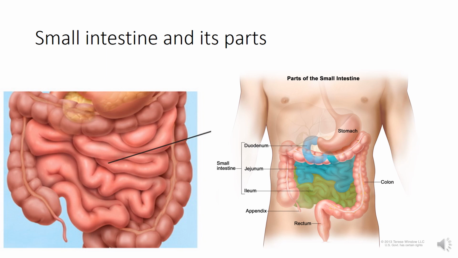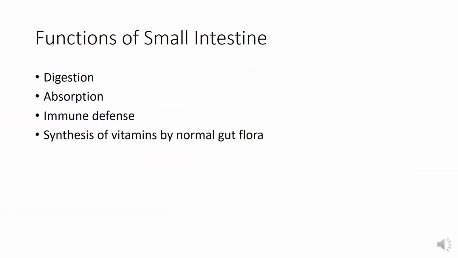Assalamu alaikum students. Today we will discuss the histological structure of the small intestine. So the small intestine is a highly convoluted tube which is divided further into three segments. You can see here the highly convoluted tubule, and then it is divided into three segments: the duodenum, the jejunum and the ileum. These segments exhibit nearly similar histological structure, but certain structural differences allow the identification of the duodenum, jejunum, and ileum under the microscope. Now, what are the functions of the small intestine?